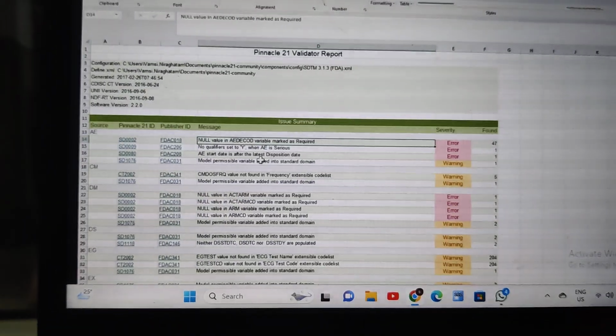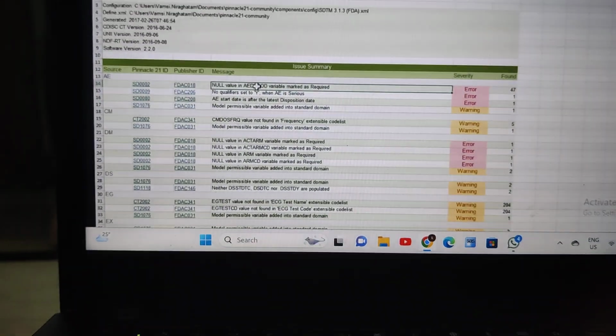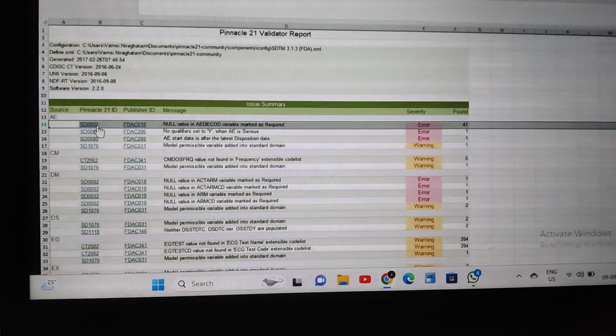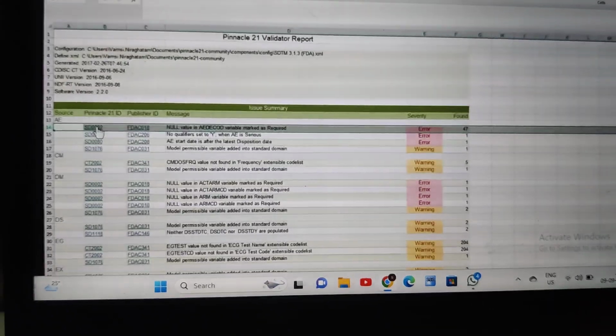For example, if you can see, a null value for the A decode variable marked as required. This is one of the checkpoints. If you can see, this is the P21 ID. The Pinnacle 21 ID is nothing but each and every ID which is